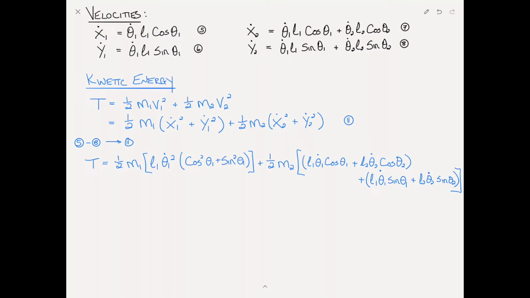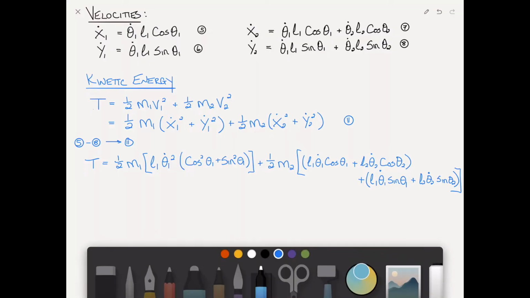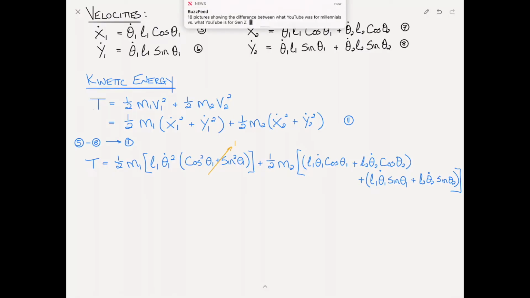Okay, now we want to expand this all out. And by the way, this is a trig identity. This is just equal to 1. All right, so this just gives us very simply m l squared. So that equals 1/2 m1 L1 theta 1 dot squared. That's easy enough. Plus 1/2 m2